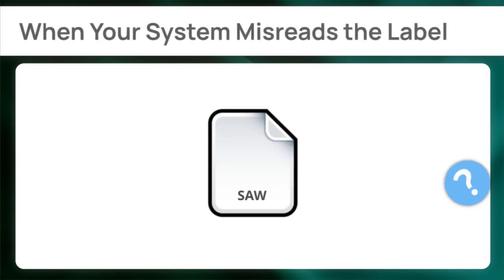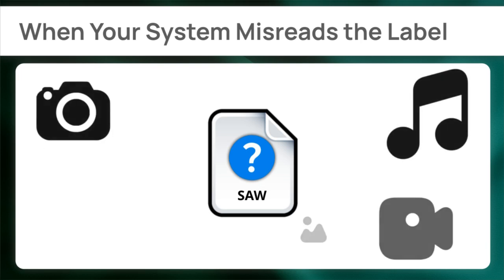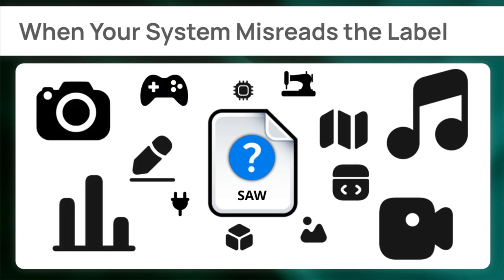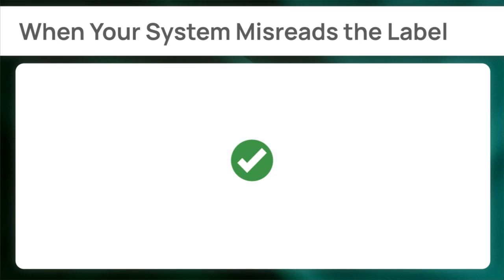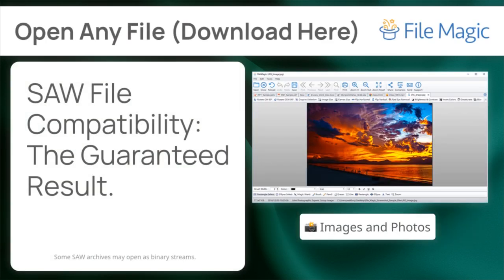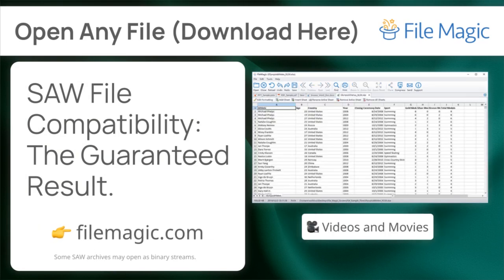If compatibility checks failed, it is likely because the file extension name is shared by different developers for unrelated formats, causing your PC to use the wrong reading language. An effective path forward often involves using a format-agnostic utility that is designed to prioritize actual data content over the potentially misleading extension name. The complexity of this file is clear now when the other solutions have failed. Your best chance for recovery lies with a superior program like FileMagick. Access it at